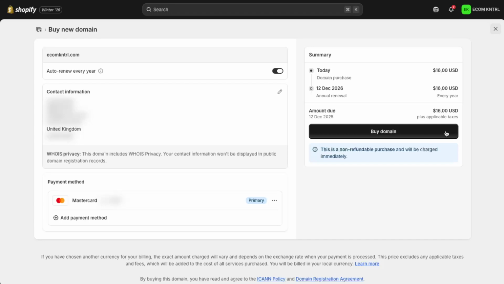After a short setup period, your custom domain will be active and ready to use with your store, giving you a solid foundation for the custom